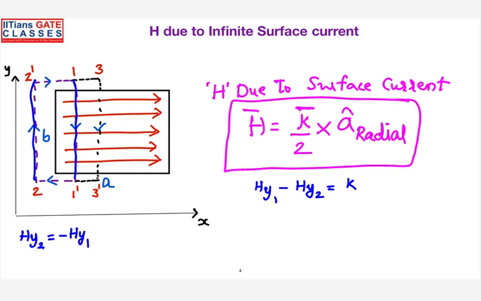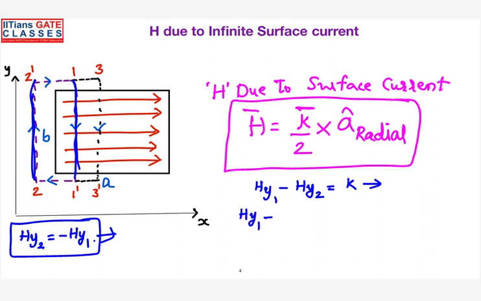Just now we explained. So whatever the magnetic field on the front side, it will be the same on the back side also with a negative sign. That is what I have written here. Agree? So now if we substitute this equation in this particular equation, what will we get?